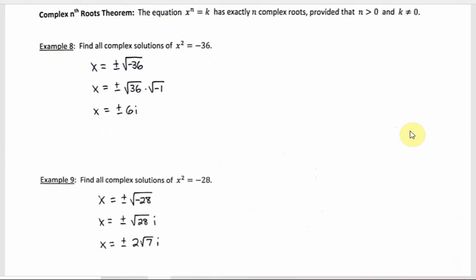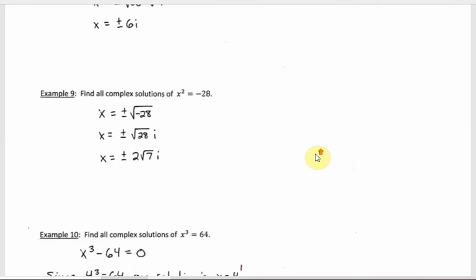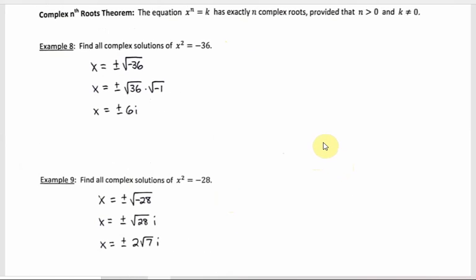The complex nth roots theorem is at the top of page 4, where if you have an equation that looks like this, where n is some power and then k is some number, then that equation is going to have exactly n complex roots. So example 8 should have exactly 2. Example 9 should have exactly 2. Example 10, if I scroll down for a second, should have exactly 3 because there's an x cubed. Okay, well 8 and 9 are pretty quick